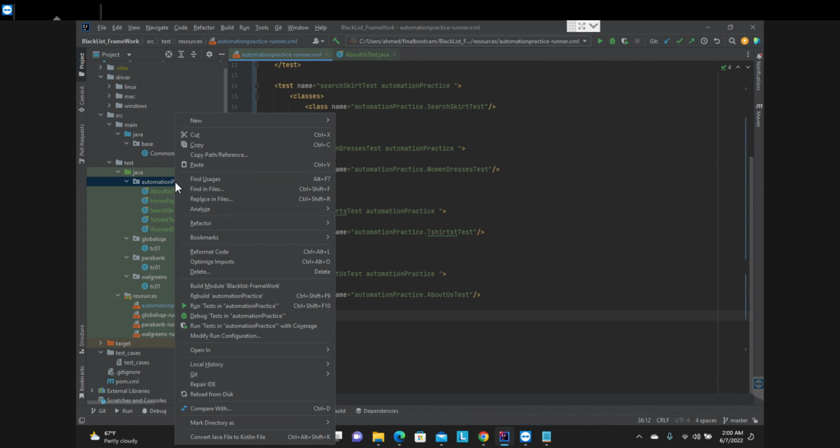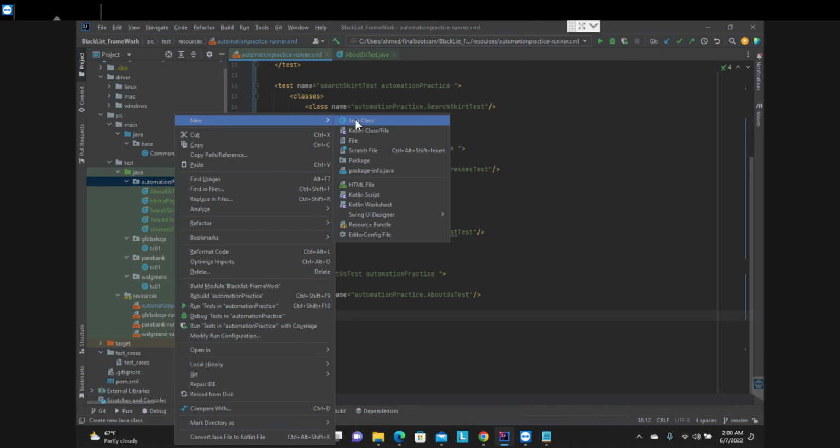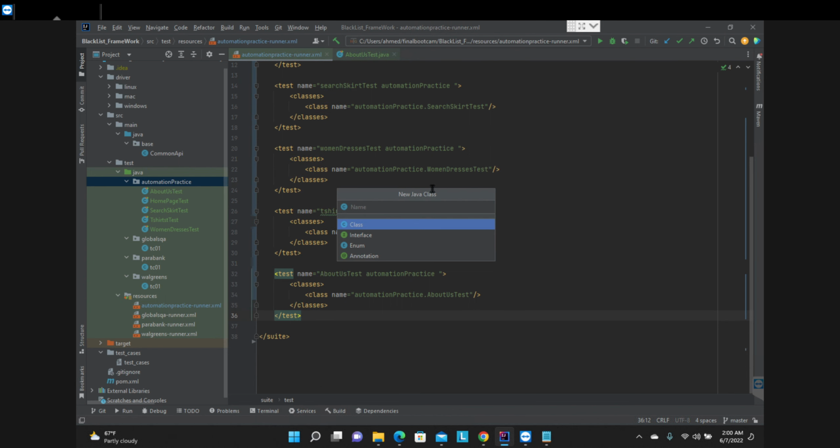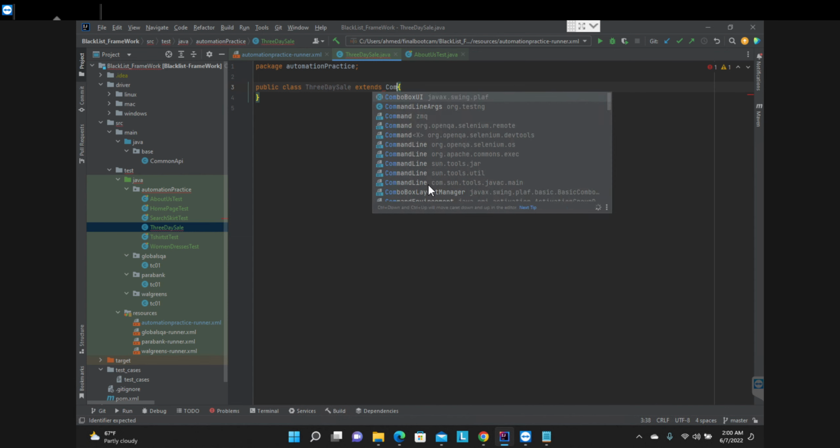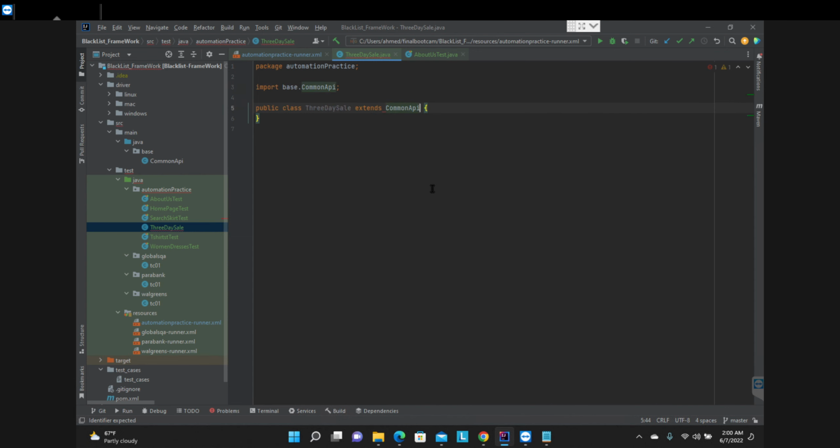Let's make a new class. New Java class, and let's say 3-day sale. Okay. Now let's extend to the common API. Perfect. All right. Now let's start making the test. So we're going to use the CSS selector for this as well. So @Test, and let's make the method public